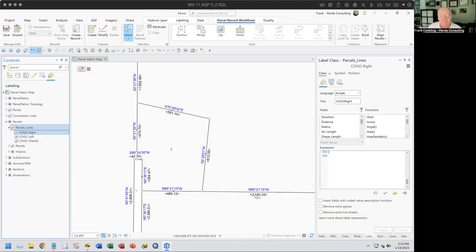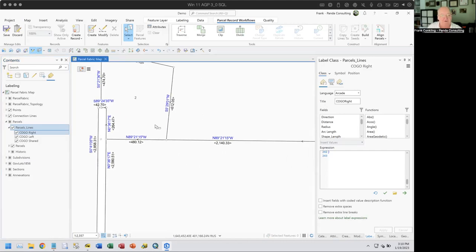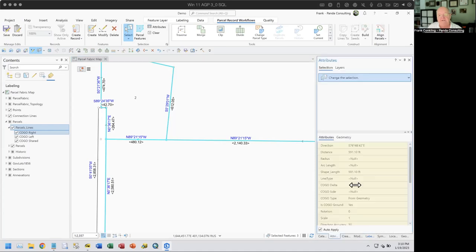In this case, we only have one line here, so we don't have a shared line, so these are all set to be shared label expressions. But I want to show you that if I were to go in here and set this line,